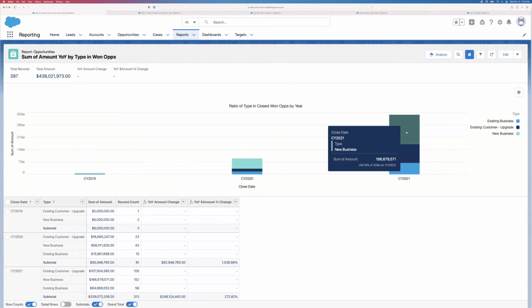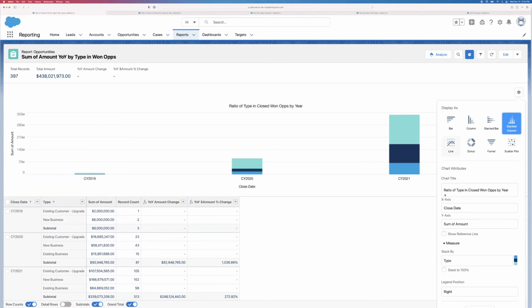This technique here is, instead of just showing the sum of the amounts, I've added a second grouping. And that second grouping is on the type field, which is a standard field on opportunity. And we're seeing the opportunity amount with the striations for the types. And when you add a chart to a report, so if I come up here and add a chart to this report,